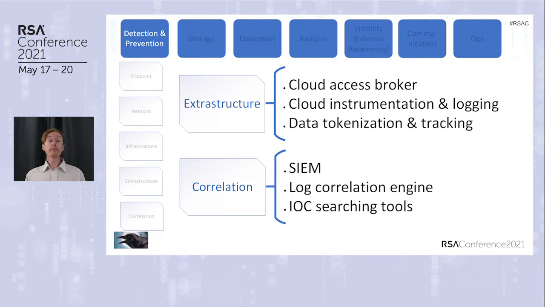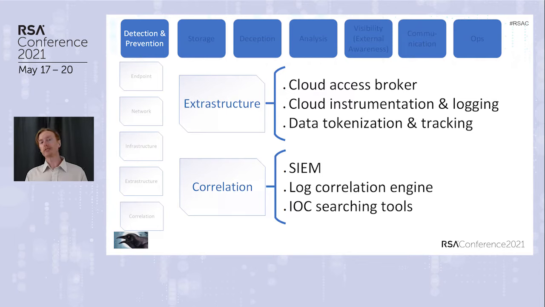We might be using data tokenization tools wherein we put representations of data in cloud storage. And then when someone wants to actually see the real data behind that, it looks it up in the token server. And if the system that's requesting the real data is vetted, then the user is allowed to see that data. And across all this, for our detection and ultimate prevention, we want to be able to correlate these various data elements in order to understand that maybe we have a problem.